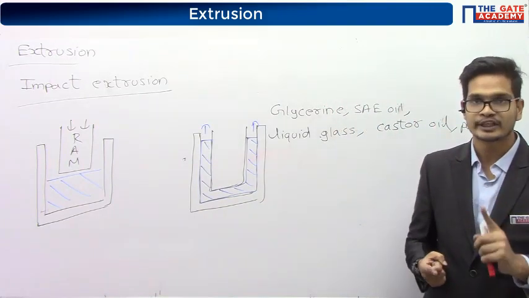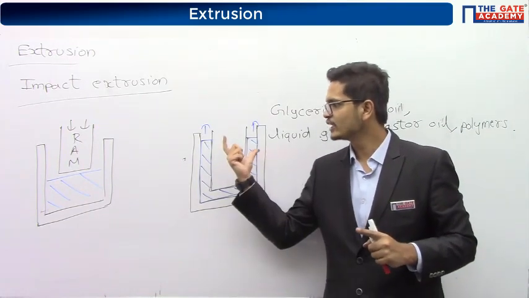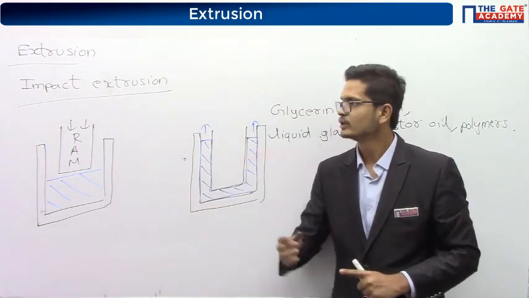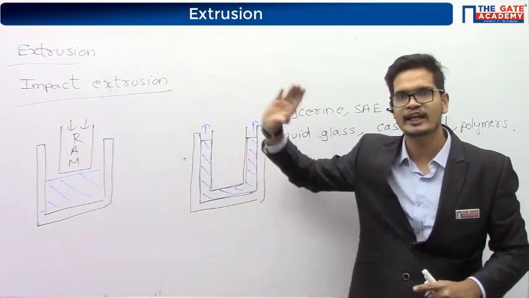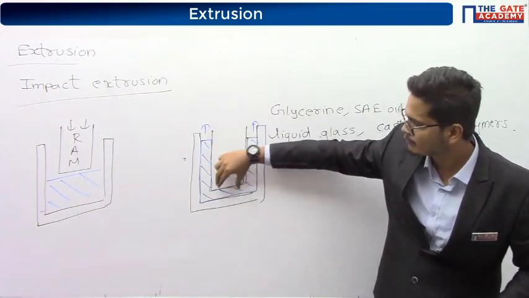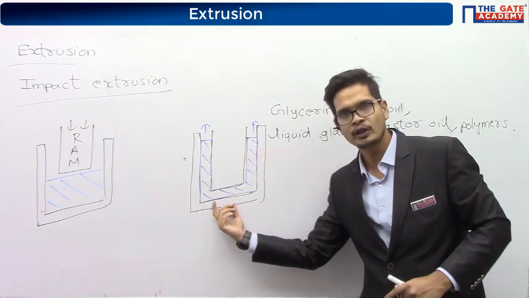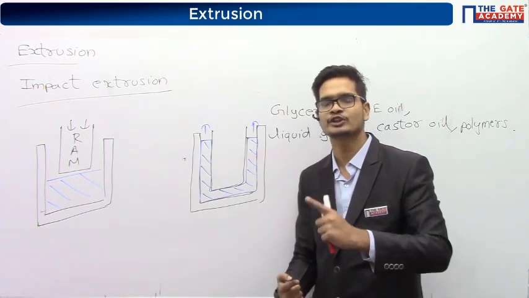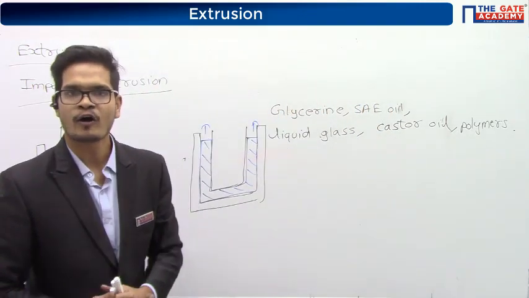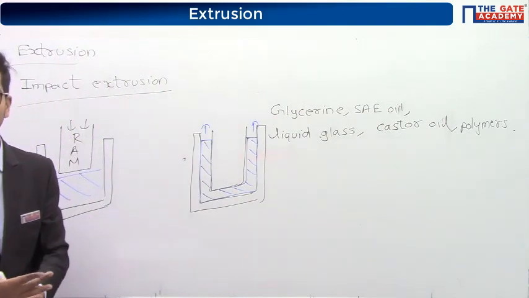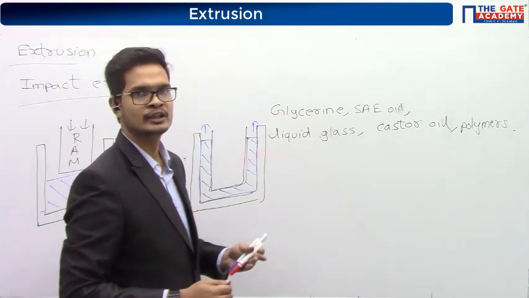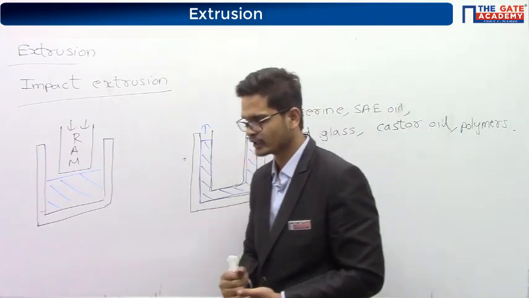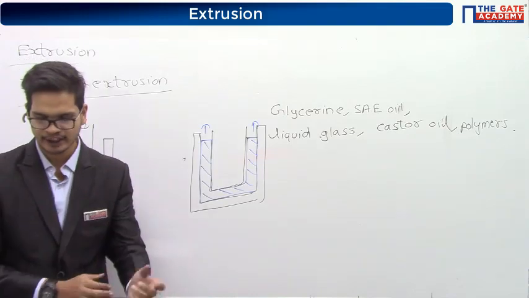But that is wrong. Please take care that in this diagram you can see that it is moving backward, but we have forward extrusion also. Like in impact extrusion also we can have forward extrusion. That is, the ram will be coming down, and here we'll have a hole, and the extruded component will flow in forward direction. That is, the motion of ram and the direction of the extruded component will be the same. They can be opposite also. Okay. So please don't follow that. In some places it has been written like that.